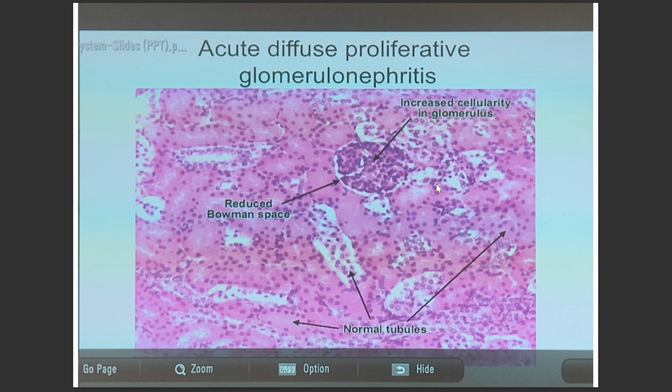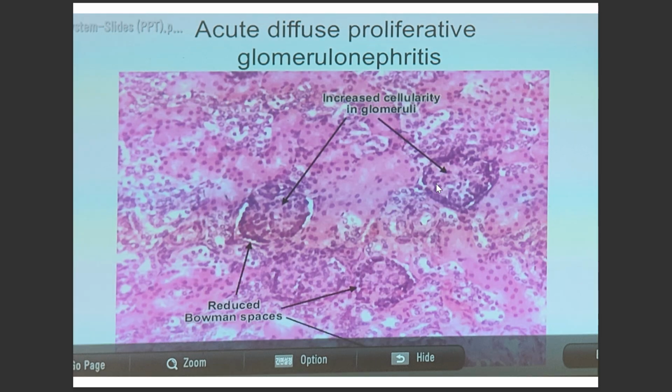Then go to another slide. This is also acute diffuse proliferative glomerulonephritis, because here no Bowman's capsule, no capsular space is present, which is abnormal. Inflammatory cells are also deposited here, but the tubules are normal, so it indicates that it is acute diffuse proliferative glomerulonephritis. Okay,